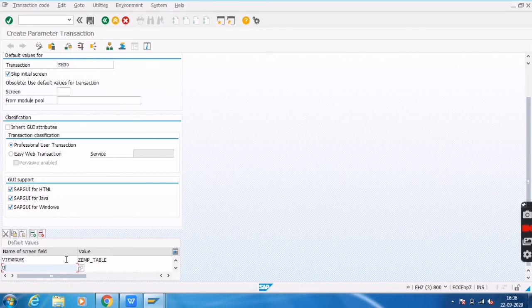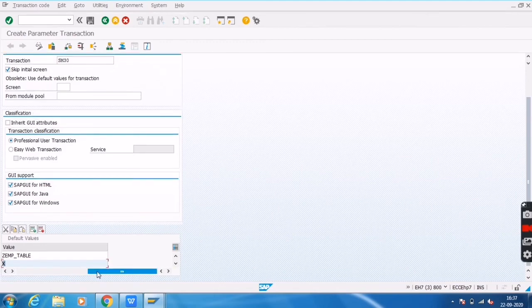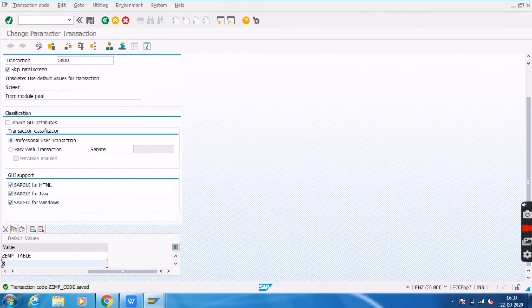Then for update, we need to provide X. Click on save. We will save in local object only. So the transaction code ZEMP is saved.